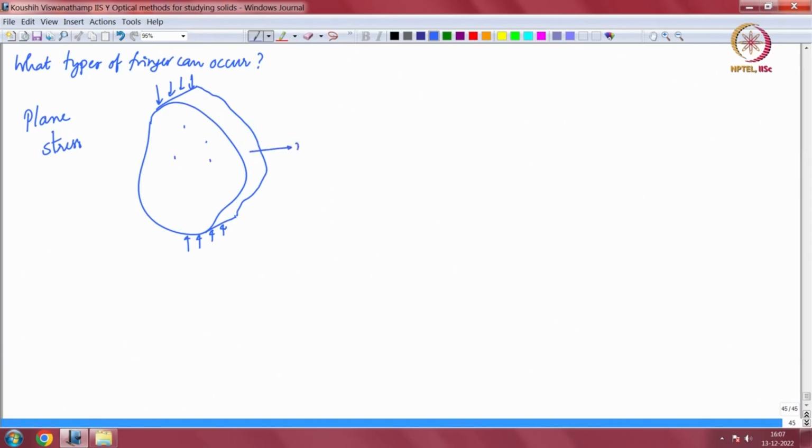This is x, this is y, and z is out of the plane of the body. The body is prismatic like I have shown here. So, at every point the stress tensor is a function of x comma y, it is not a function of z because again plane stress,